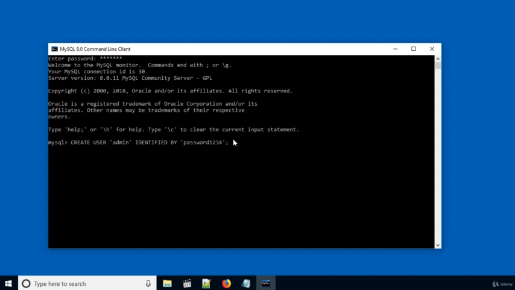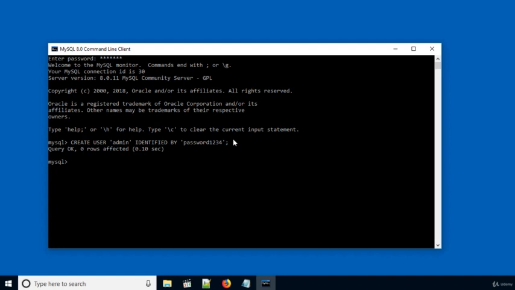This syntax creates a new user named admin in the user table of MySQL database with the password 1234. Press enter. If you get a message Query OK, 0 rows affected, then the new user was successfully created.